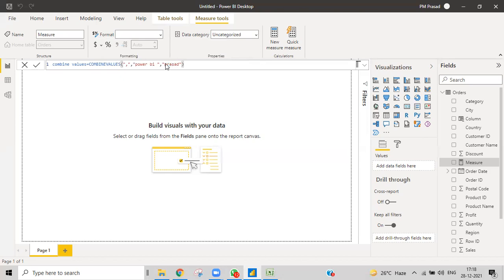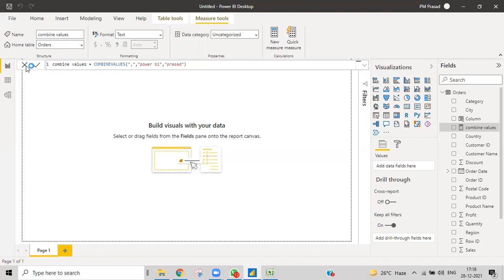So what we are trying to do is add Power BI and Prasad. My first text and the second text should be combined using this comma. This is what I've given right now.